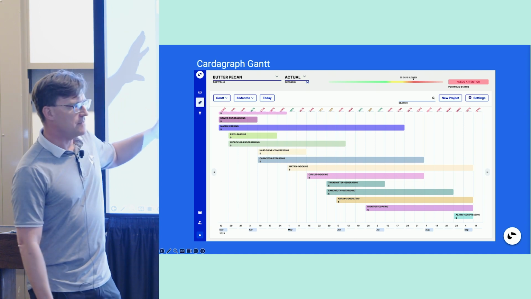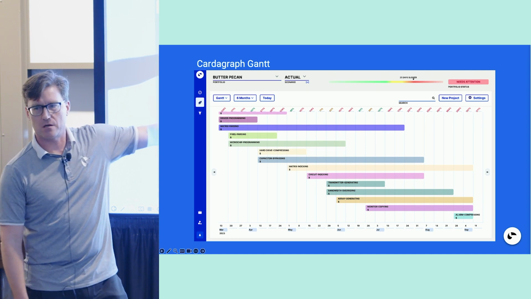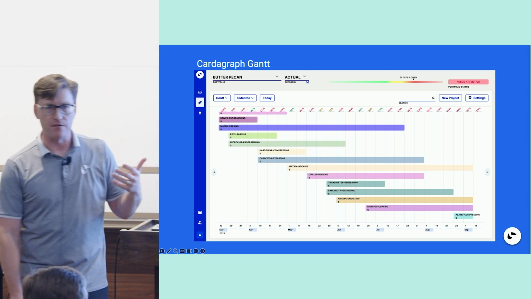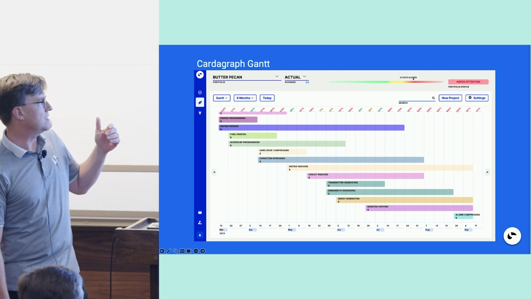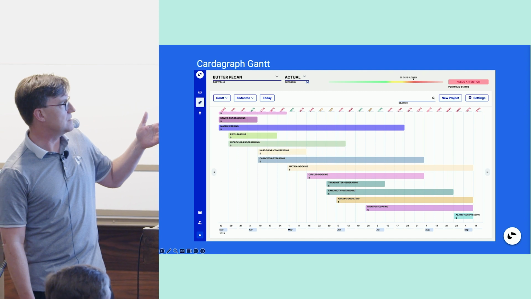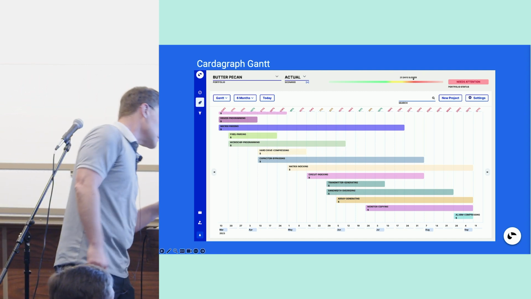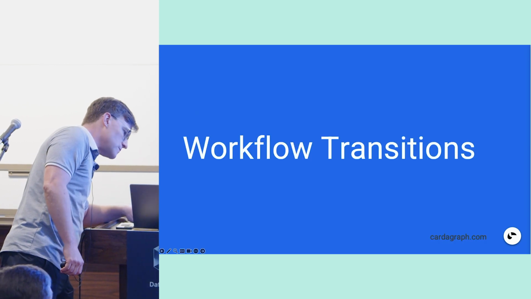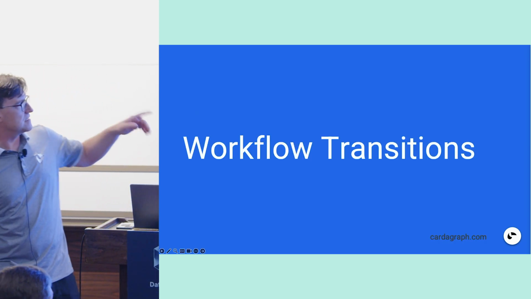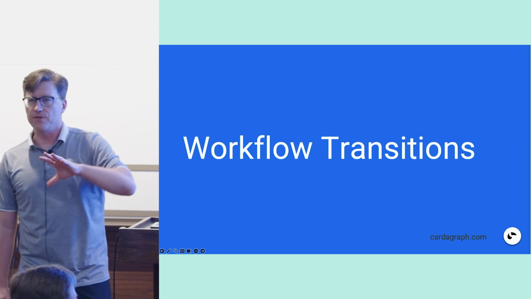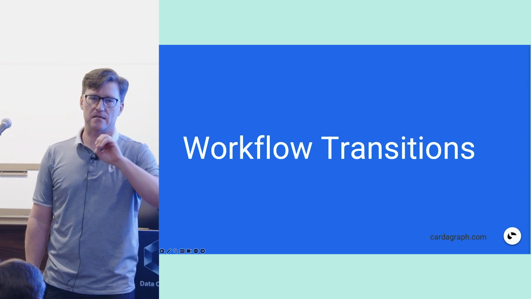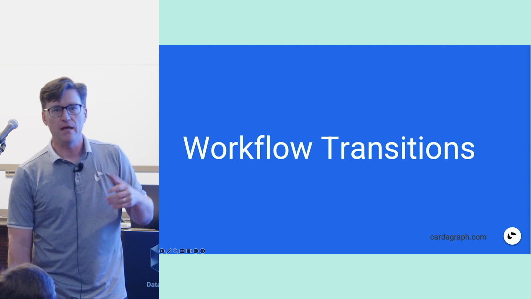So then we came to this part right here, Cardagraph in its current incarnation. We took that idea of a calendar and we turned our insight into... wait a second, was that the next slide? No, we went one too far. Okay, workflow transitions. So the fun thing is that there are a billion ways to measure size of tasks and all kinds of things, right? But